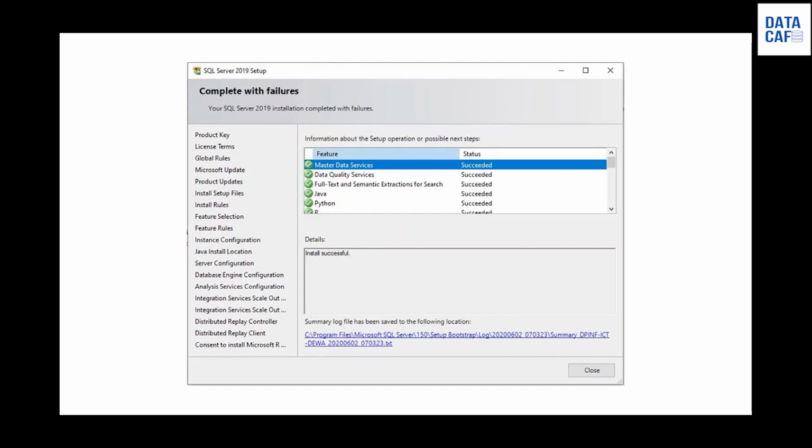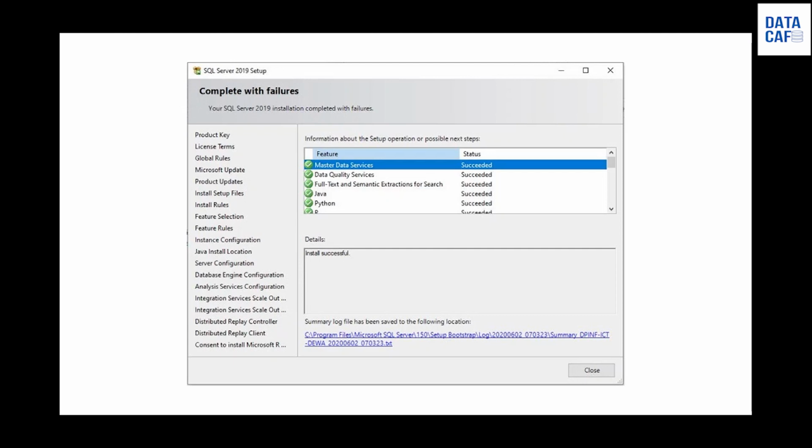You can see once you have installed, if you successfully installed your software, you will receive this window. It means you have successfully installed your SQL Server 2019 Developer Edition.